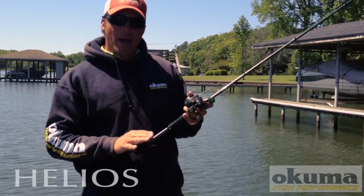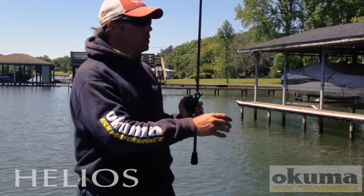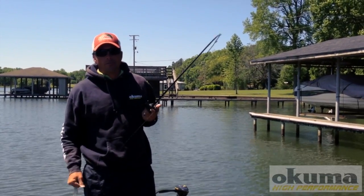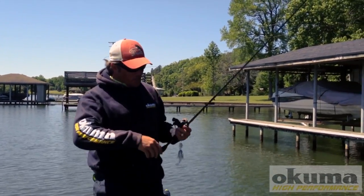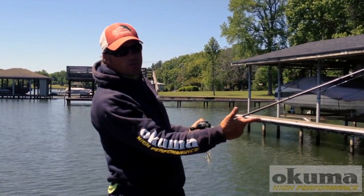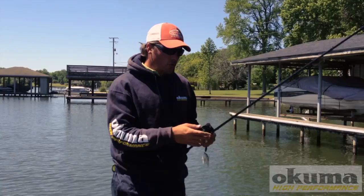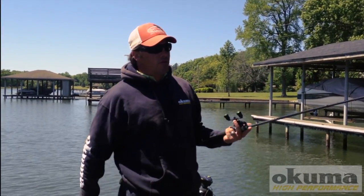This is the medium action. It's a 7-foot medium, which gives that tip. See, look at that tip there. It's a real soft tip. And that's very important. So as I load the bait up and sidearm this bait underneath these docks, it skips properly. If you throw it on a stiff rod, 7-foot medium heavy, or even a heavy, it's not going to